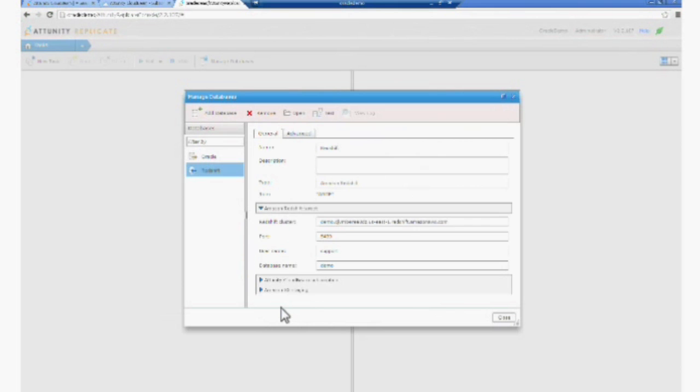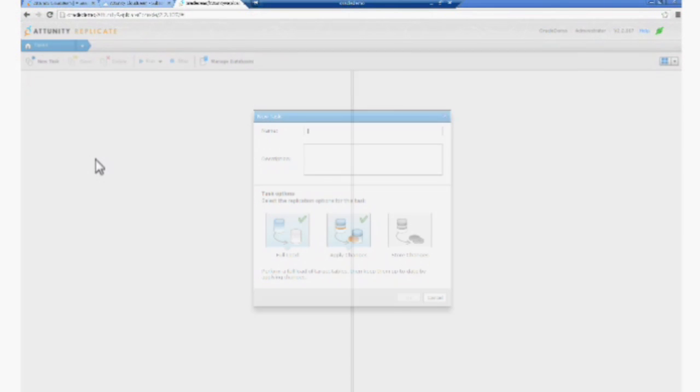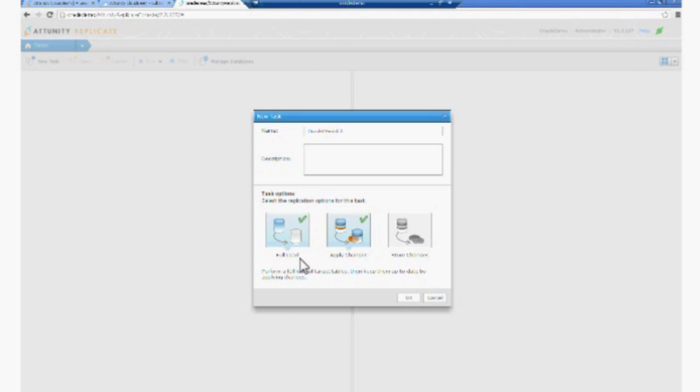At this point, I can go directly into my task creation. I'll call this Oracle to Redshift. And as you can see, by default, full load and apply changes have been selected. This means that we'll start out by doing a complete load of the data, and then go into apply changes mode. If I click the OK button here, the design interface comes up,